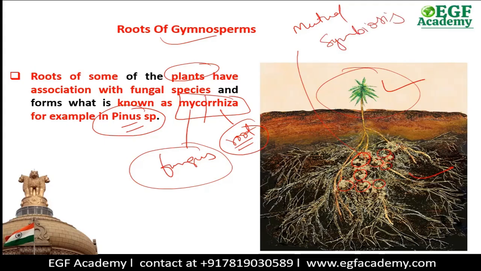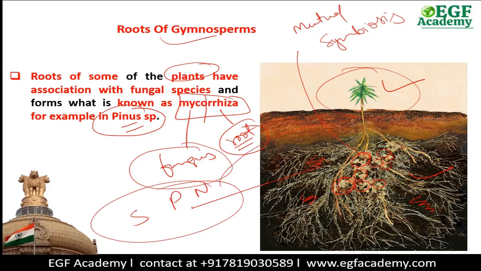The fungus species gets a shelter inside the root of the plant and also the plant gets benefited from the fungus because the fungus are very efficient in mineralizing the soil. Soil has several types of minerals which are bound with the soil. For example, soil has phosphorus, nitrogen, sulfur, which are needed by the plant. The fungus mineralizes all these elements. The fungus releases acid. And because of these acids, the minerals get separated from the soil.